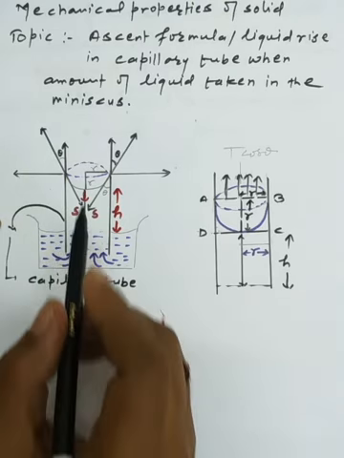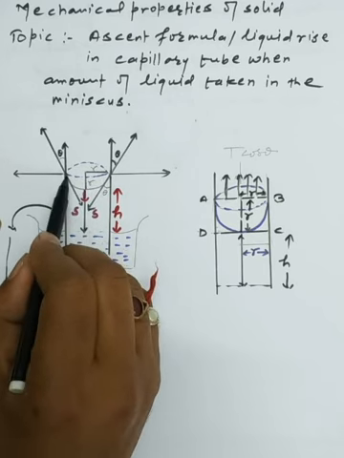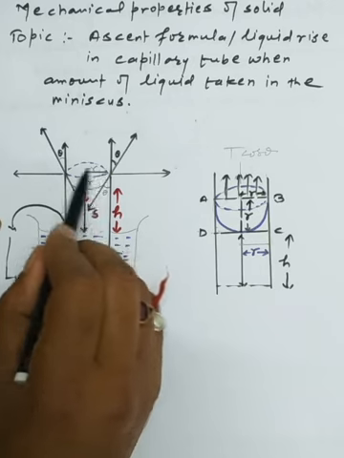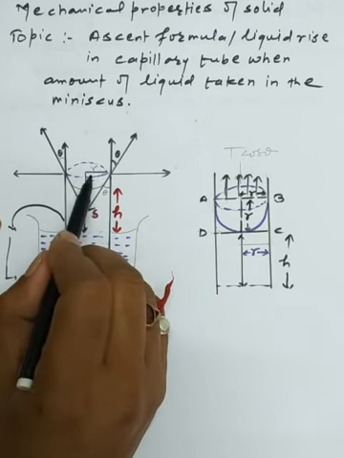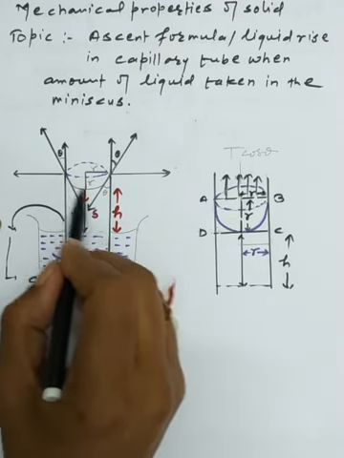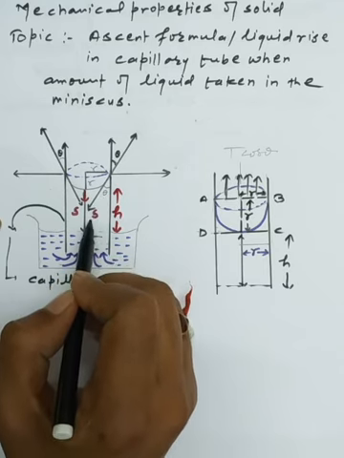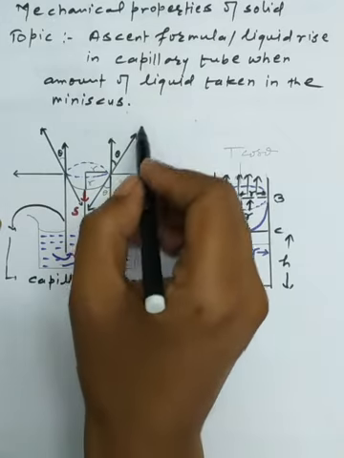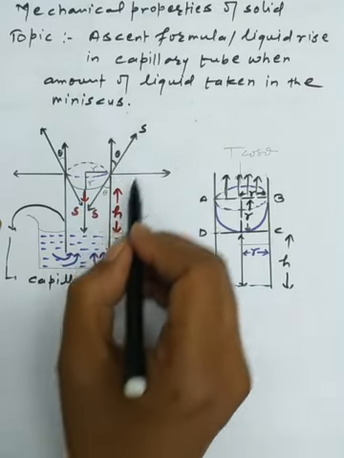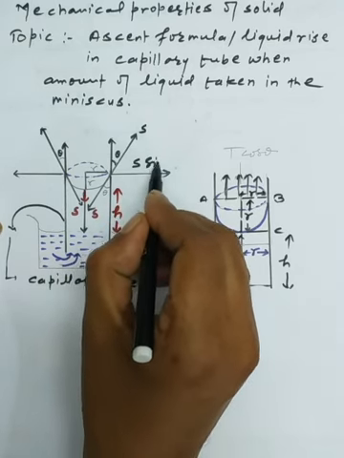Okay, so here I have taken the hemispherical shape of the drop, the concave shaped meniscus, and for fulfilling it I am just making the hemispherical shape of a meniscus. Okay, now at the capillary tube, up to the level of the liquid, we have drawn the tangent, and that makes the concept of the angle of contact. So this is the component of the surface tension force, it also acts in an opposite direction, and here we can make the component of the surface tension. This is called the S sine theta we have.